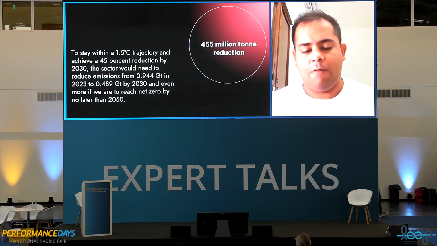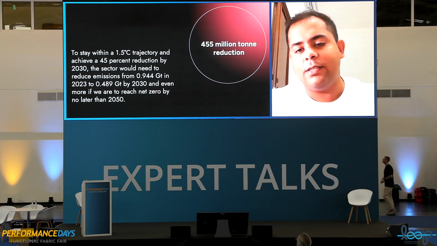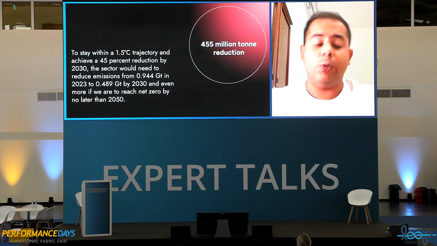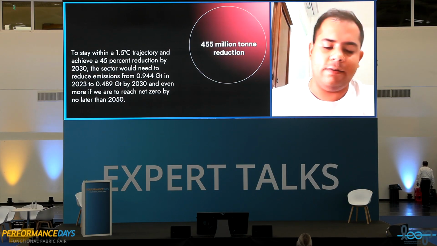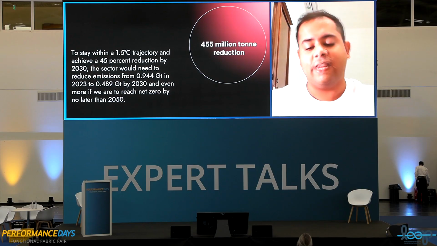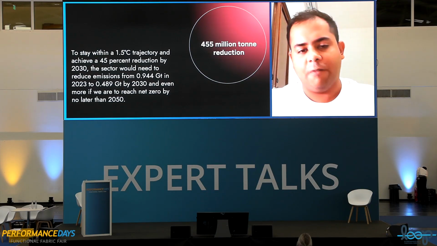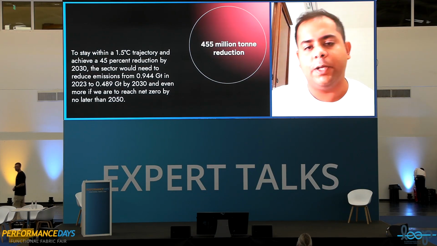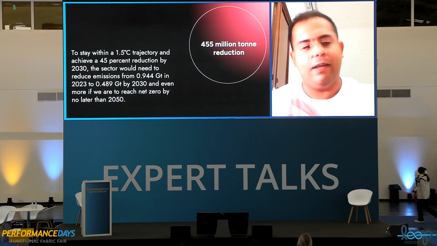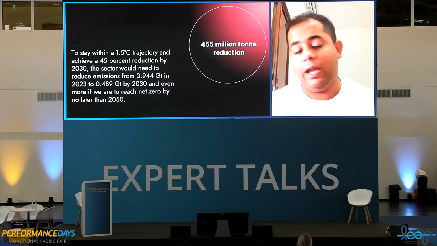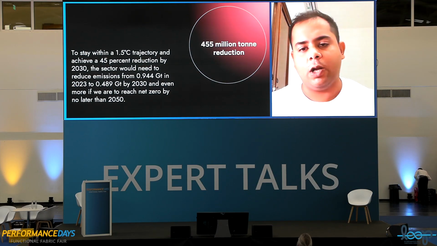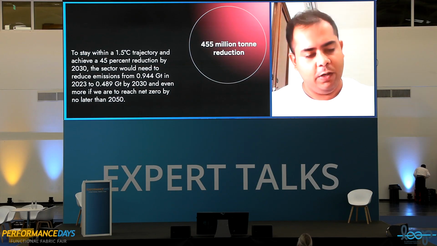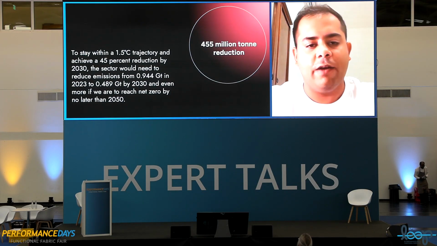This gap of 455 million tons of reduction that the industry needs to meet our climate goals, to actually have a sustainable textile industry for that matter. Because if we miss this target, no amount of anything else we do is going to end up giving us a sustainable textile industry. We're going to have very high functioning fibers and whatnot, but we're still not going to reach all of our climate targets.